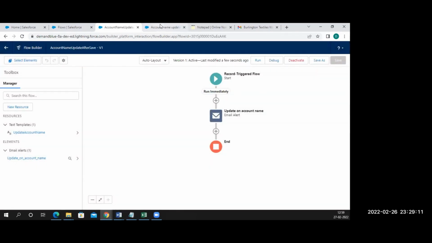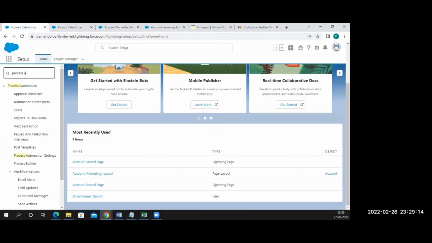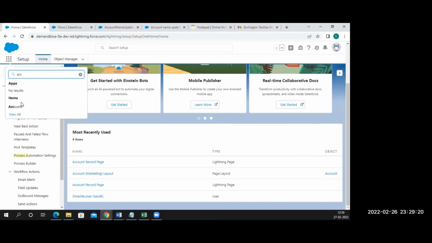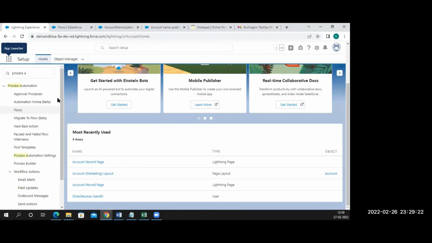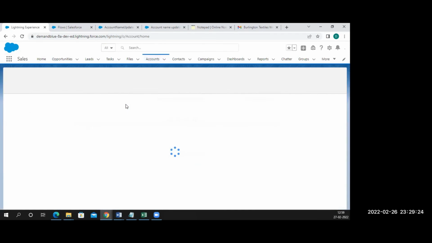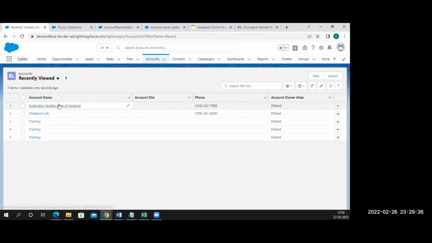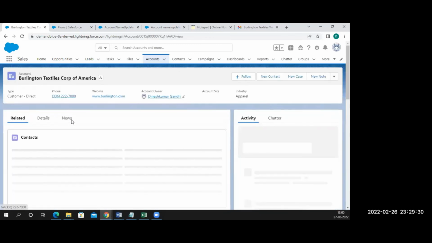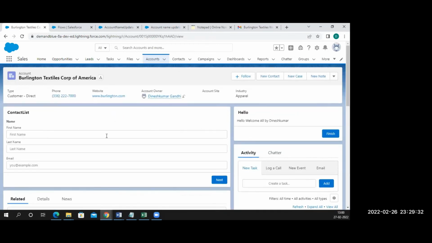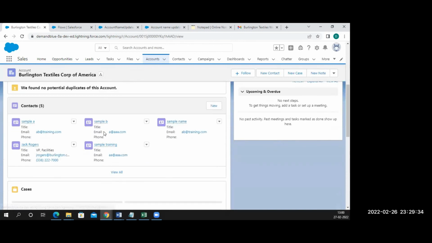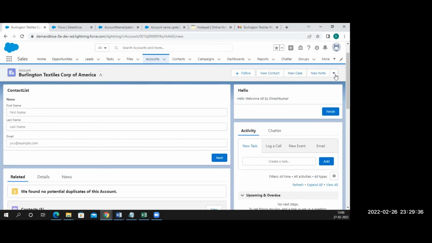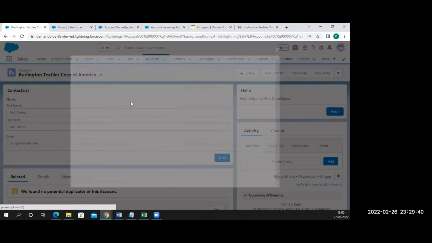I'll activate this. I'll just go to accounts. I did the name as